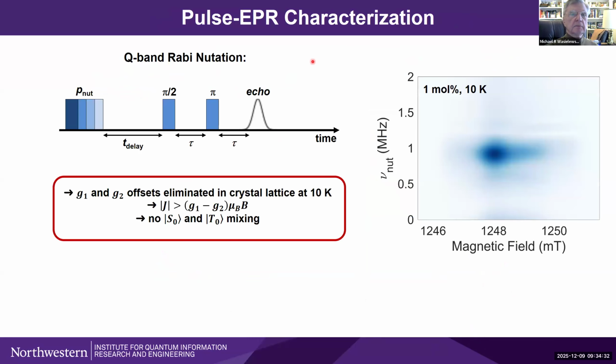Let's talk about EPR. Pulse EPR again. We're going to do Rabi nutations again, or cube. So we're going to look for transient nutations in this particular system. And once again, in this particular case, we get a pure signal just due to the triplet ground state. We have no indication of this mixing, simply because now there's no S naught and T naught mixing, because the exchange interaction is now greater than the difference between the g factors of these two radicals. So basically, we've got a more well-behaved system in the crystal, which is good.